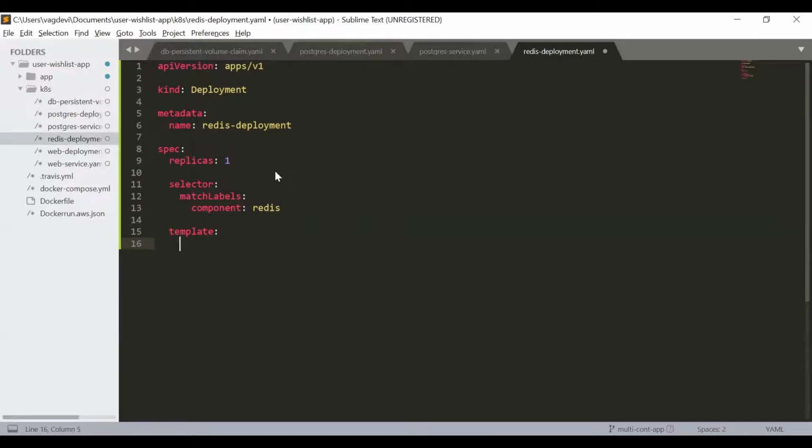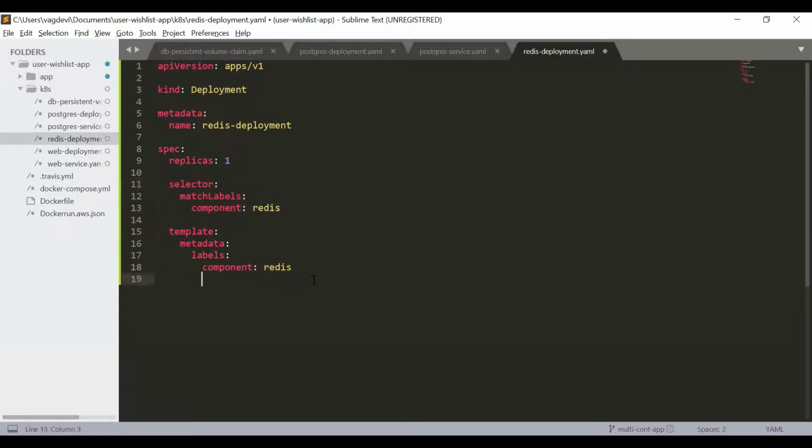Template and metadata. Under metadata, we will write labels. Under labels, we will write that the component is Redis. So the pods whose component is Redis will be matched with these labels,